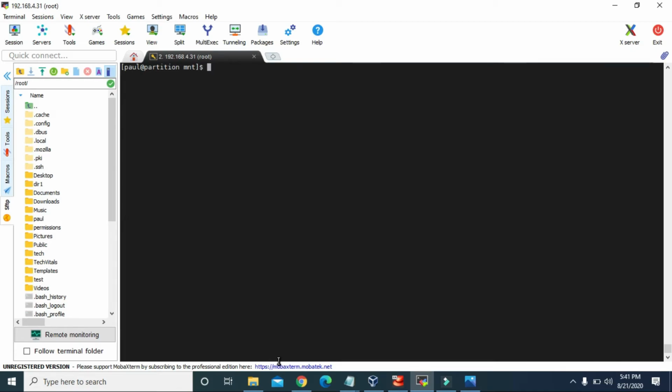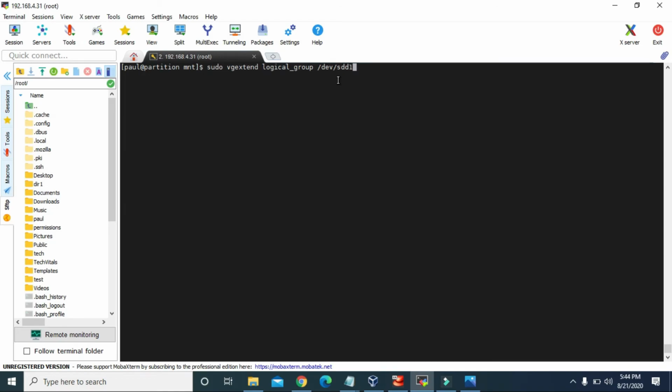And after that we have to create a physical volume for this new hard disk. The command is pvcreate and then we give the partition, that is /dev/sdd1. After creating the physical volume, we have to add this physical volume to the same volume group. The name of our volume group is logical_group, and to add that new physical volume into our volume group, we use the command vgextend, that is volume group extend. Then we give the name of our volume group, logical_group, and then the new physical volume,